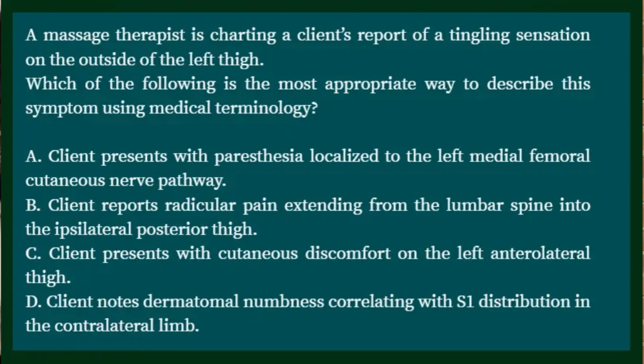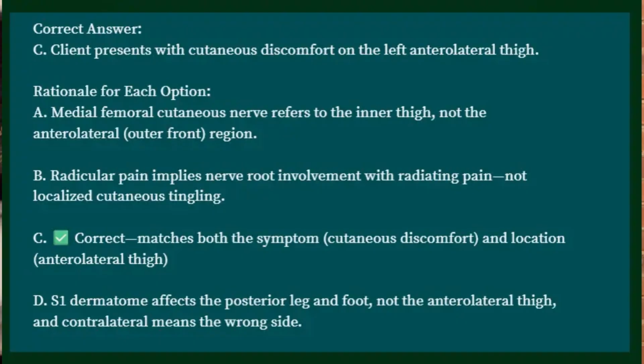Okay, it doesn't say specifically which limb it is, and numbness isn't what they were experiencing; they felt tingling. So the closest one out of all of these, this is how it's going to be on the MBLEx. Some of these answers won't make a lot of sense to you, but what I'm trying to help you do is isolate the best possible answer. So out of all of these, I think C would be the best possible answer because we've got left anterolateral,